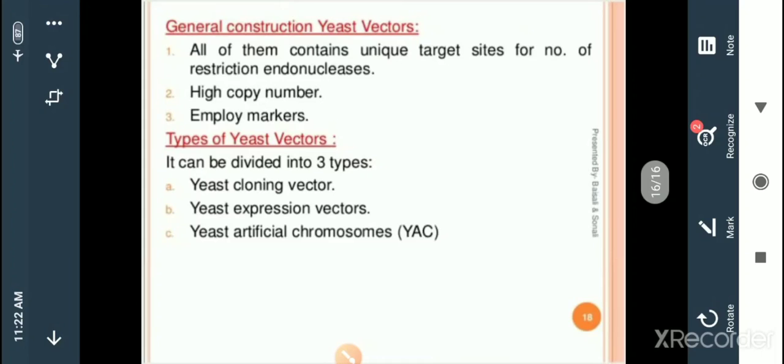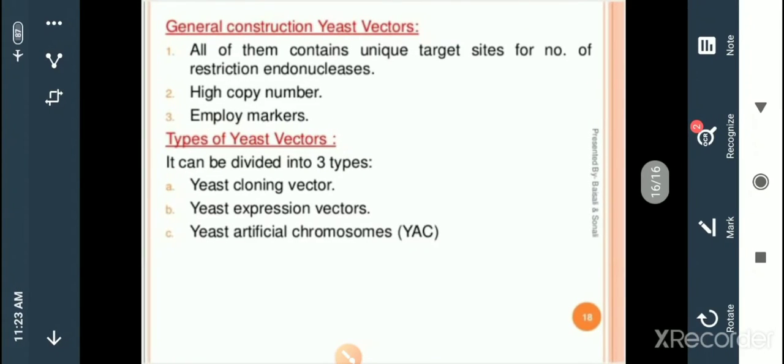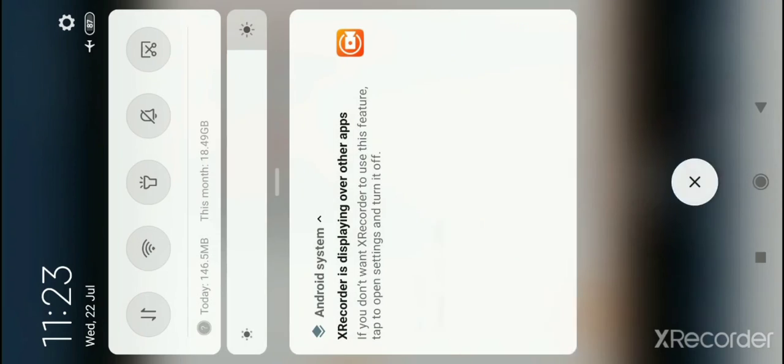So in this total module, we came to know the definition of a vector, the importance of a vector, and the major role of a vector in cloning or in the field of animal biotechnology. These are like transporters or carriers, which transfer information from one individual to another individual. By this we come to the conclusion of this session.